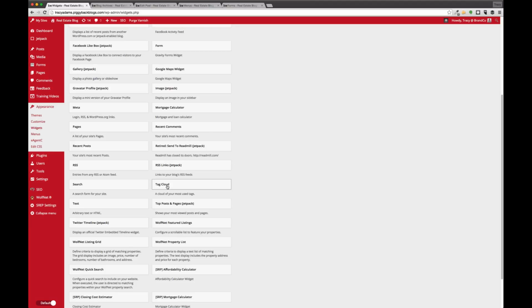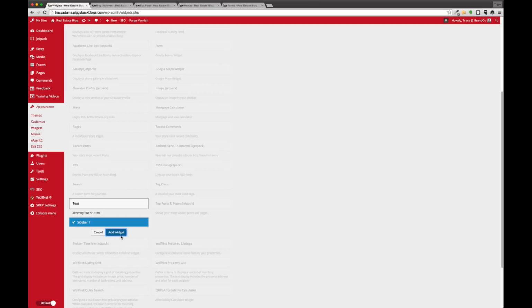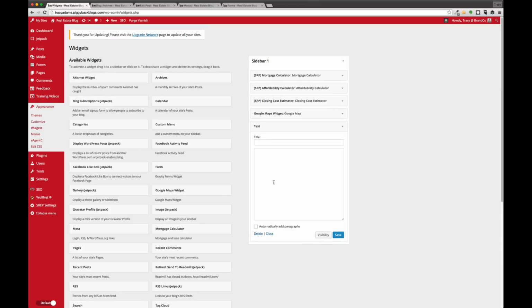A tag cloud. Now, if you're not using any tags inside of your blog posts, which I don't usually recommend for anyone, then the tag cloud isn't going to do anything. Then the other one that I'm really wanting to go through would be text. Text allows you to do a lot of different things, but you kind of have to know code to do it unless you want to just add text to it. So if you wanted to add a quote to your website or something,